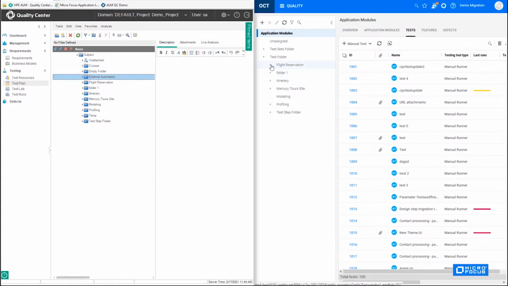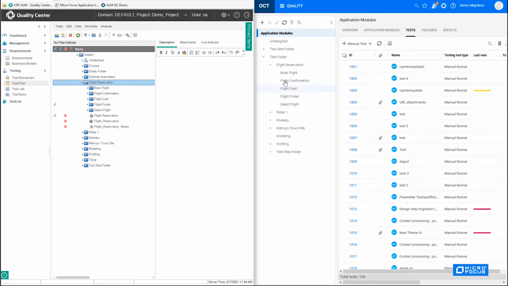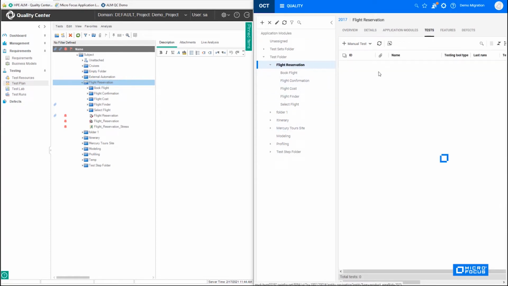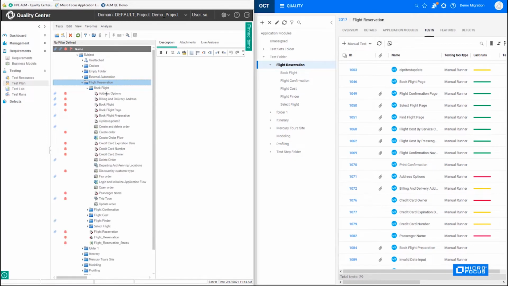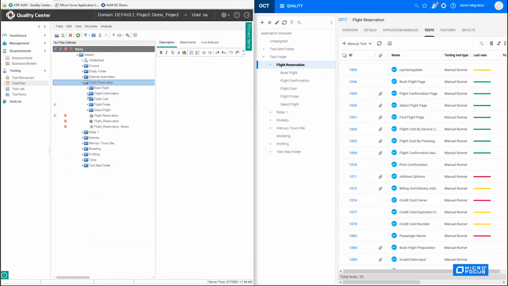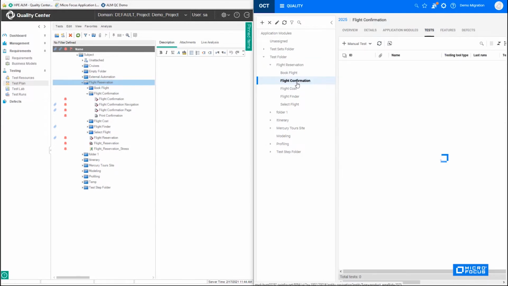Okay, and for example, if we check flight reservation in Octane, if we expand flight reservation, and click on it, we'll be able to see all of the tests inside this folder. And if we go to book flight, expand this one, actually let's expand something else which has that test, flight confirmation. If we go to flight confirmation, we can see the 4 tests under the flight confirmation folder,